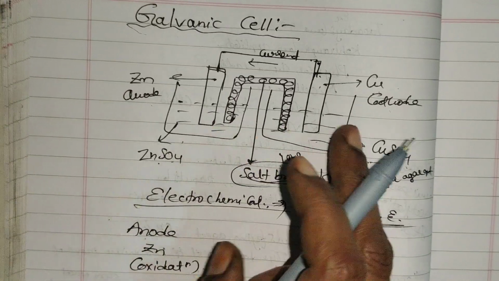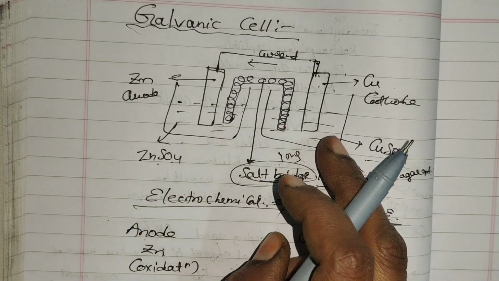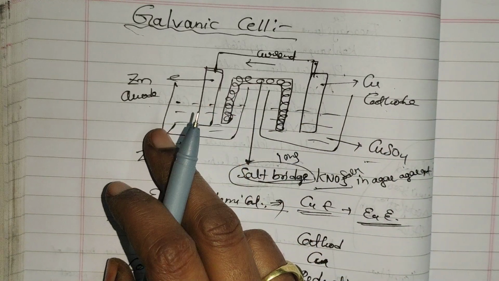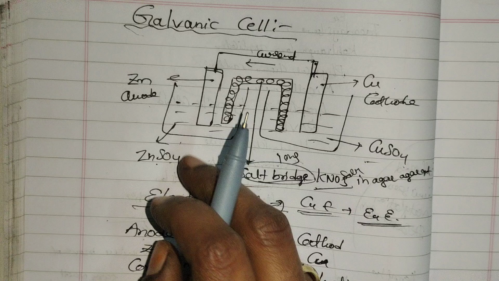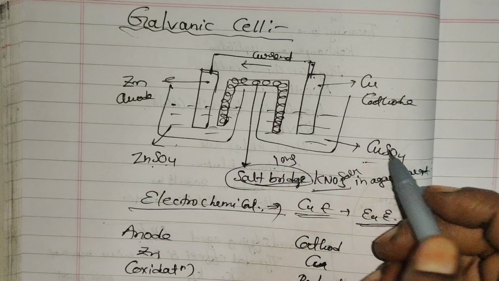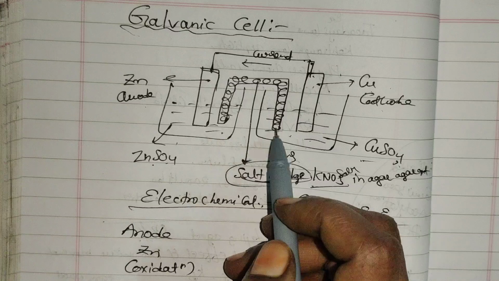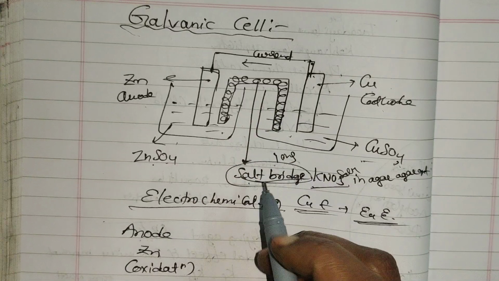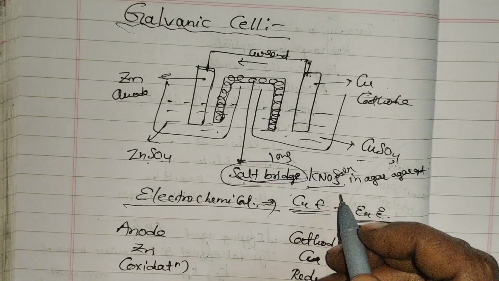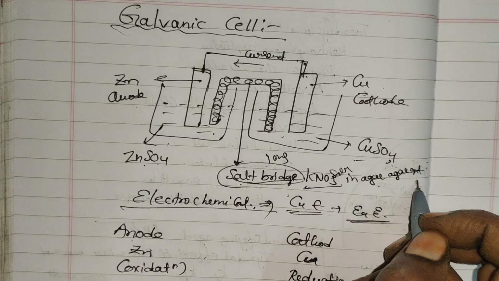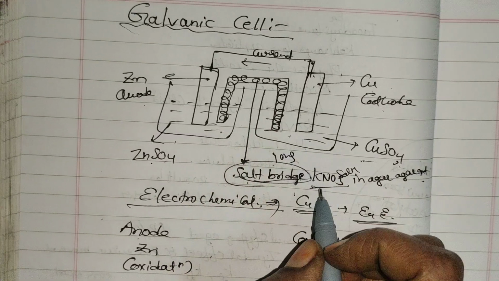Two electrodes are dipped in 2 kinds of electrolytic solutions. The copper electrode works like the cathode. The zinc electrode works like the anode. The zinc is dipped in zinc sulfate solution, and the copper is dipped in copper sulfate solution. Both are connected with the circuit, and these electrolytic solutions are connected with the salt bridge. This salt bridge is actually prepared with potassium nitrate solution in agar agar gel. Actually it is a pipe. What is that? Potassium nitrate